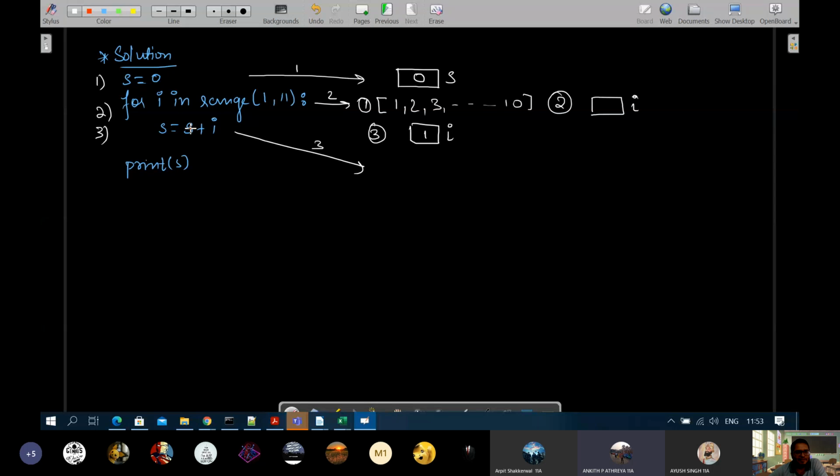So currently what is the value of s? Value of s in first round is equals to 0 when I is equals to 1. अभी जब I का पहला value 1 मिला है and then immediately it got inside, so we'll start solving the expression on the right side first of the equal to. So s is 0.